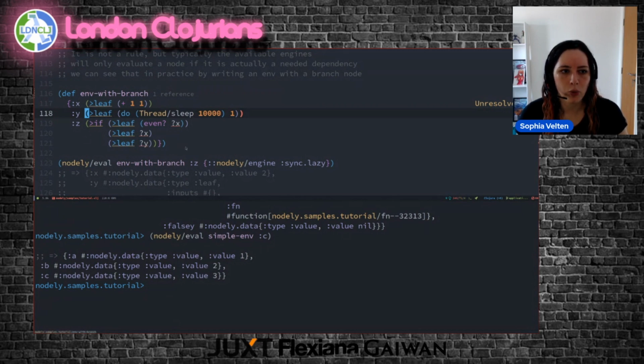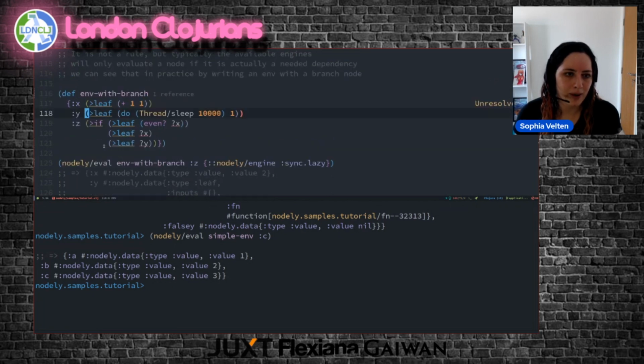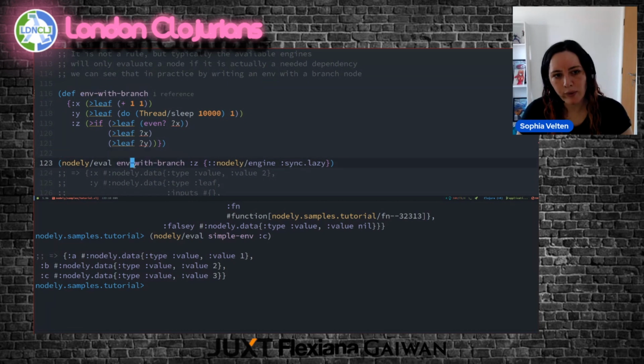Because Y is expensive, and if we don't need Y, we don't want to run it. Usually all the engines that Noly implements right now have this behavior. They only calculate things that are necessary, and they don't eagerly calculate things that are not needed for what you want to do. So in this example range here,